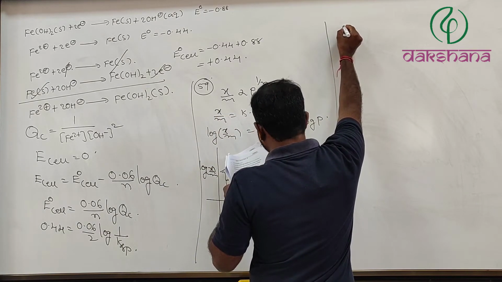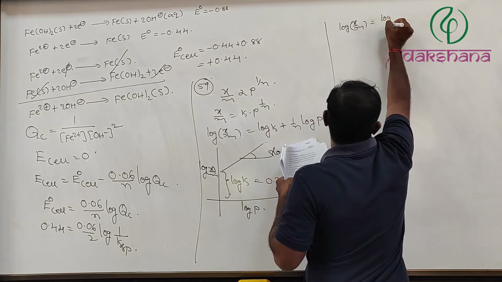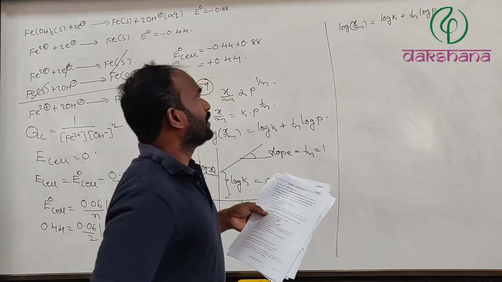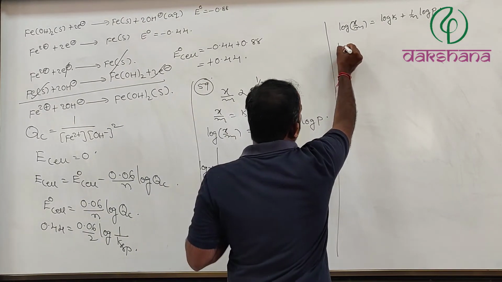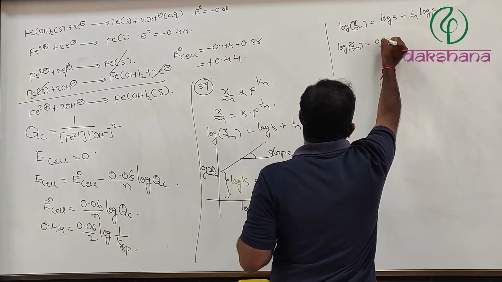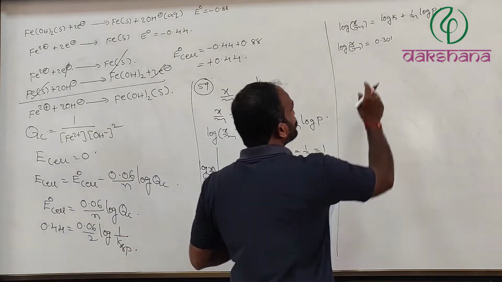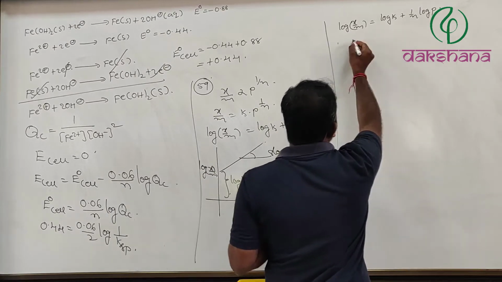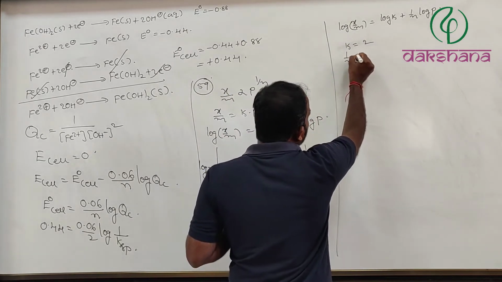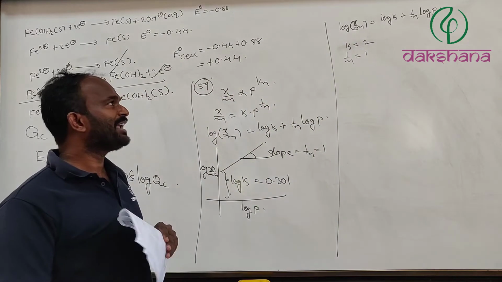Now when we move to this problem, the intercept is also given. log(x/m) = log k + (1/n) log p. So now log k is 0.3010, which means k is definitely equal to 2. So can we do one more thing? log k is equal to 0.3010, therefore k is equal to 2. 1/n is equal to 1.